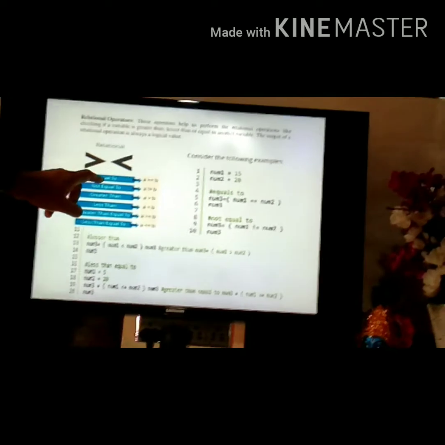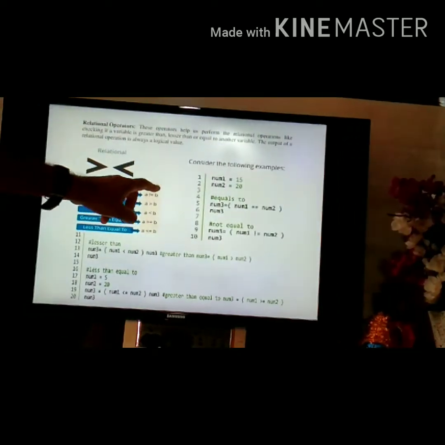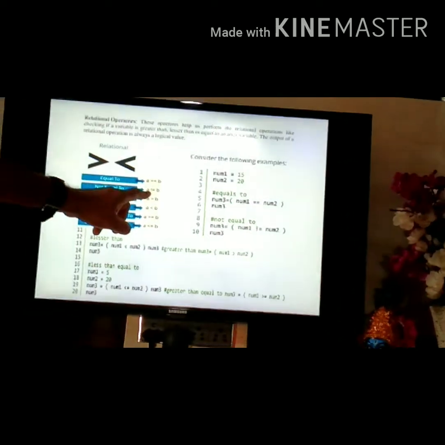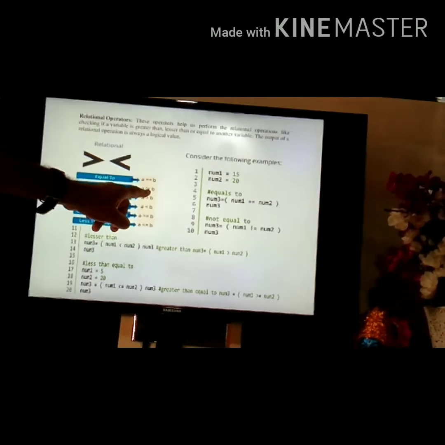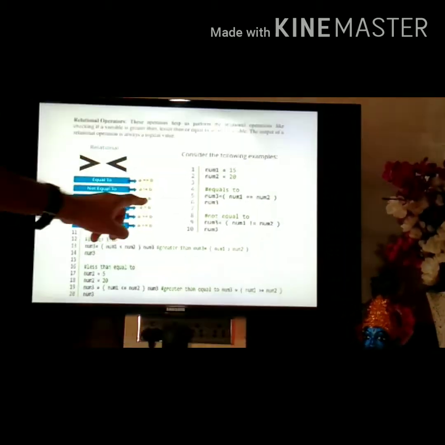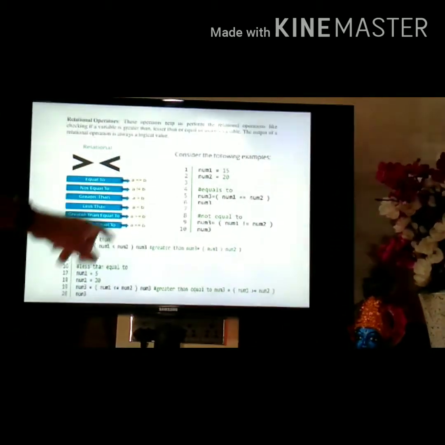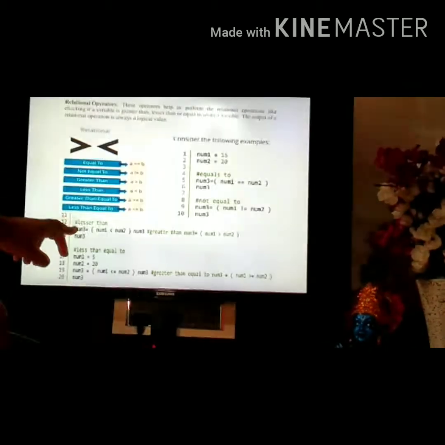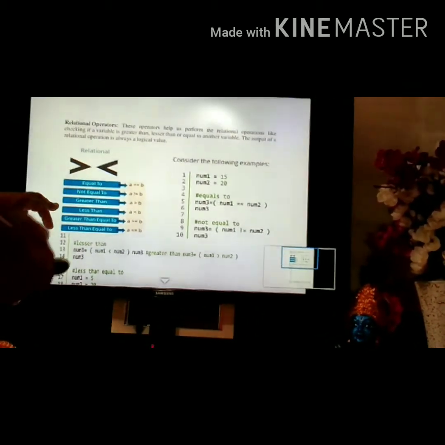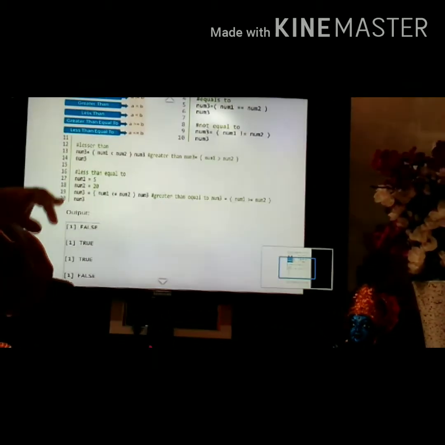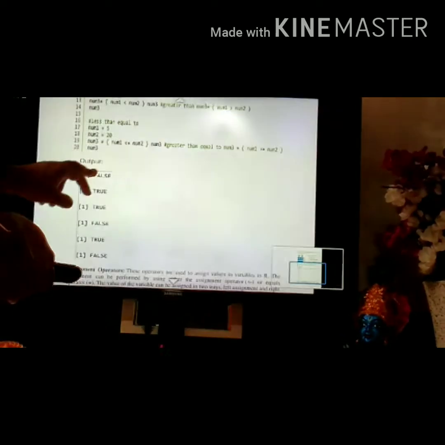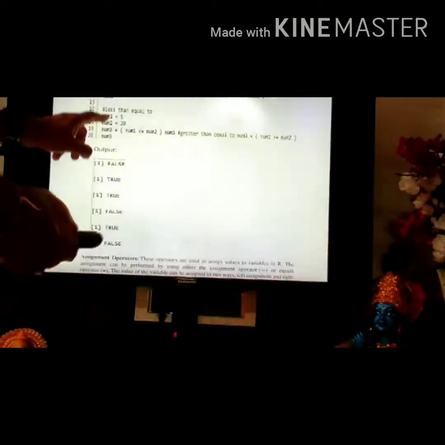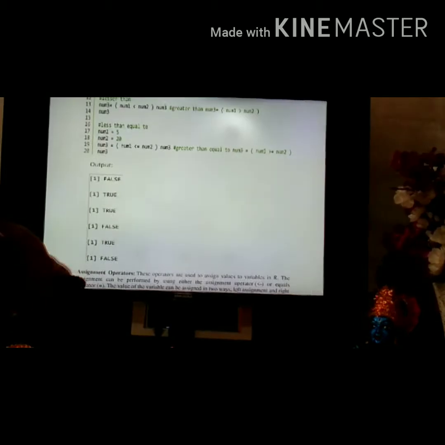This is the equal to symbol, A == B, and not equal to, A != B. Also A greater than B, A less than B, like this. These are the symbols. These are the examples for the corresponding relational operators, and this is the output according to our example.